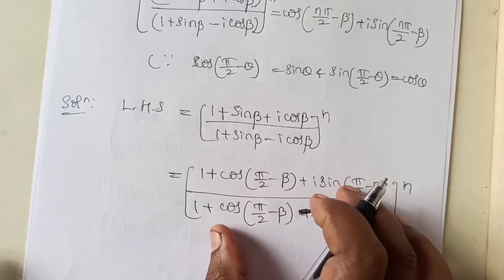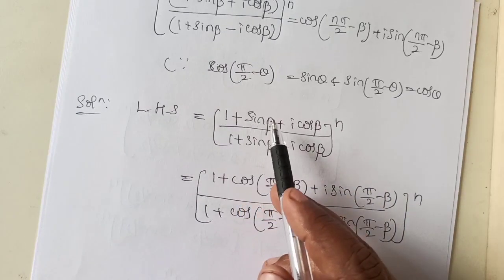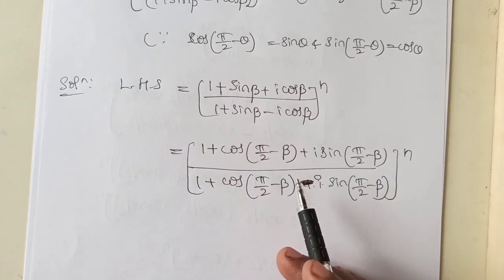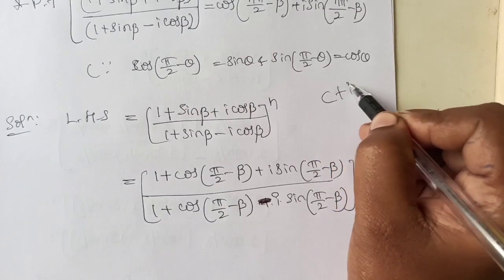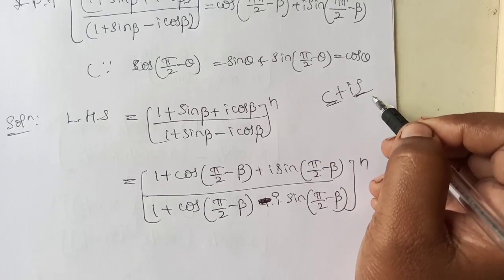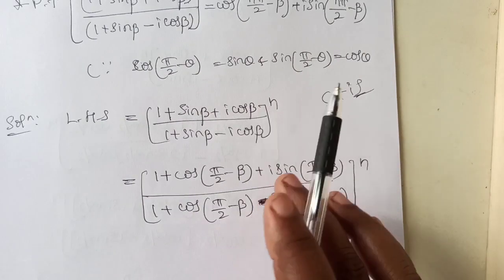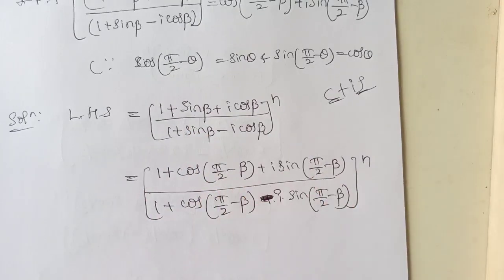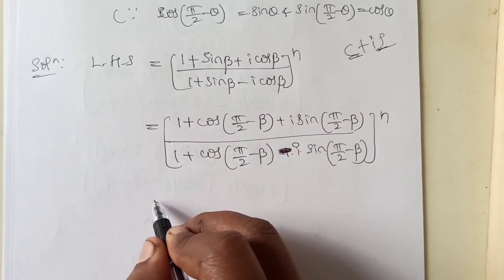This is because we don't have any formula for 1 plus sin beta, that is one reason, and De Moivre's theorem is only applicable for the cis form, that is the cos term plus i sin form. Here we have sin plus i cos, so for two reasons we have to change this angle to pi by 2 minus beta. Then it is easy to simplify.